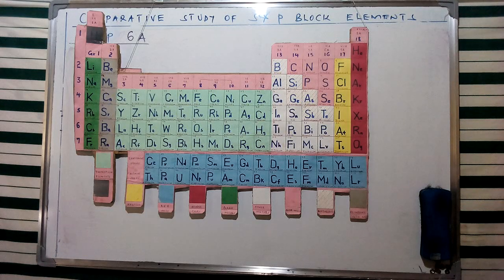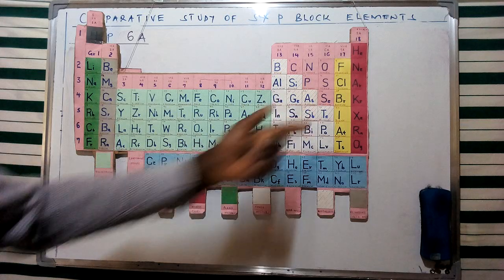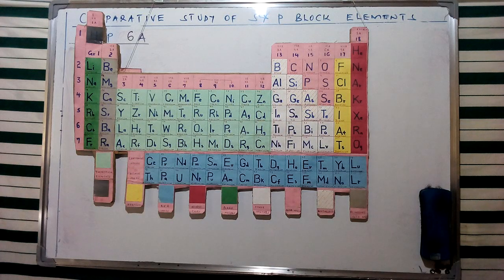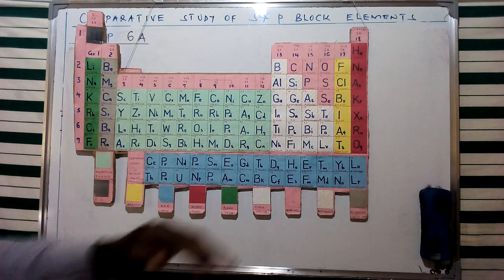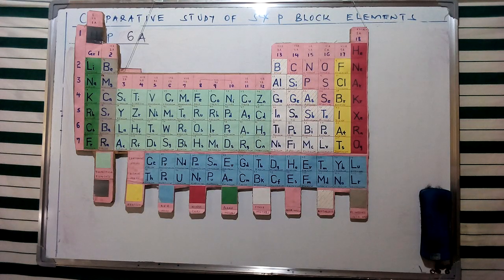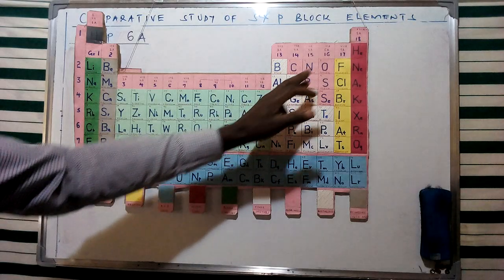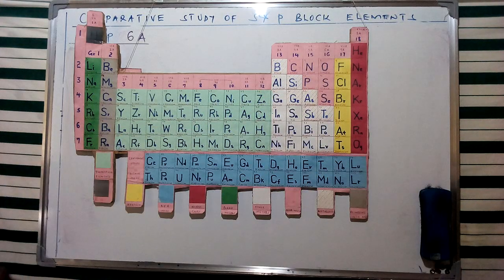Now, the group 6 elements are going to consist of these members: oxygen, sulfur, selenium, tellurium, polonium and livermorium. And of course, we are going to place emphasis on the first four elements, and I'm going to mention the reason for that. Now, in terms of our classification, the first three elements, particularly the